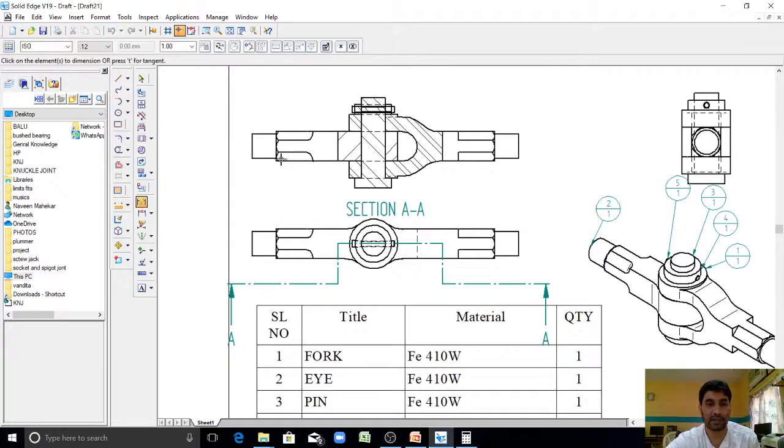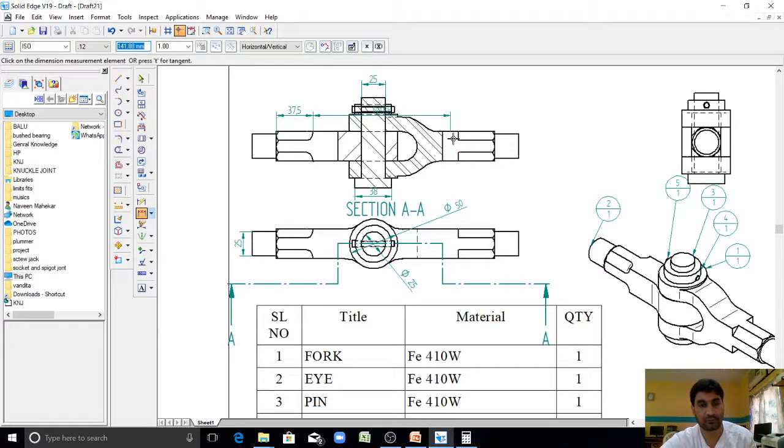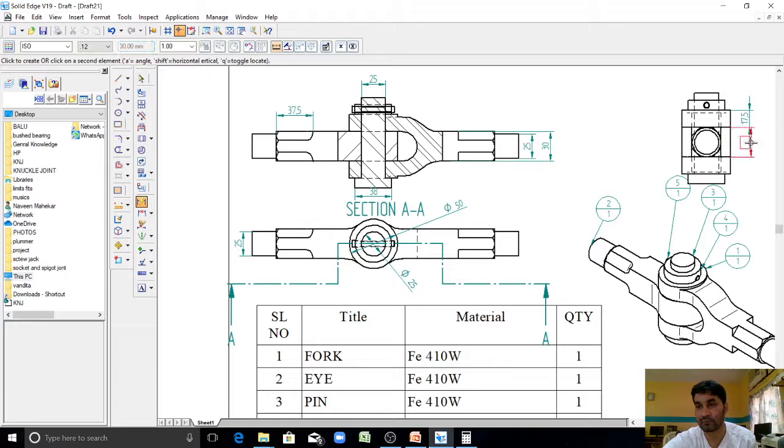So you can mention the important dimensions here like this. So mention all the important dimensions.